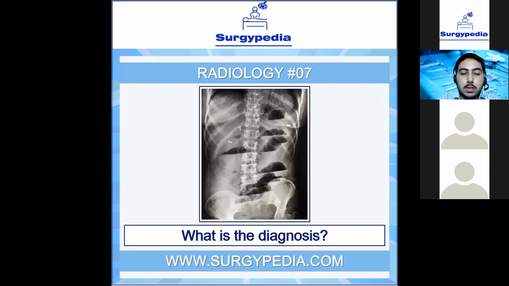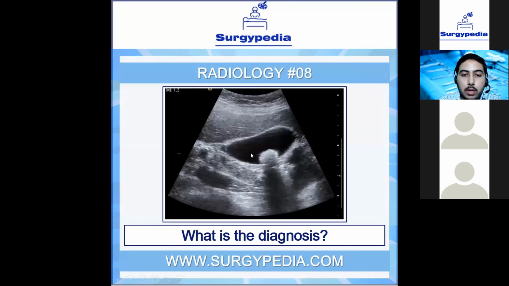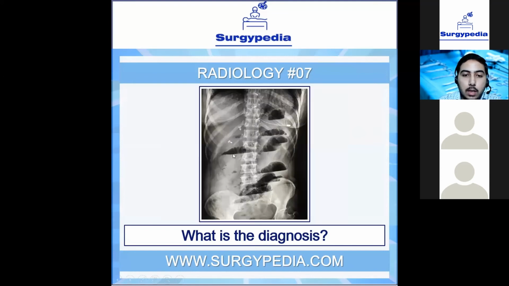Okay. So what is the diagnosis? Yes. So we got correct answers here as well. So this is intestinal obstruction. The important and most classical feature: multiple air fluid levels. So we have the interface of air and fluid. The black ones are the air, of course, as you know. So we have fluid filled inside the lumen of the intestine due to obstruction, and it creates this interface. So we have multiple of them, and they are present more or less in the center of the abdomen. So this is not a large bowel obstruction.